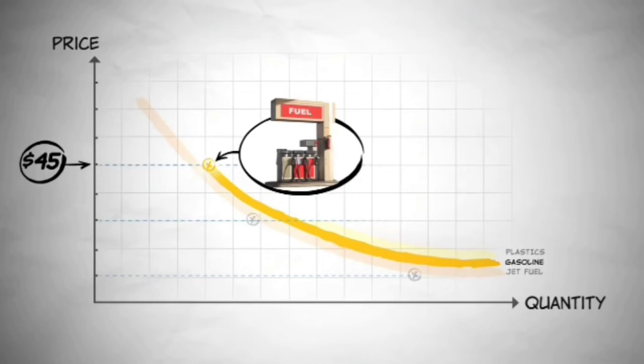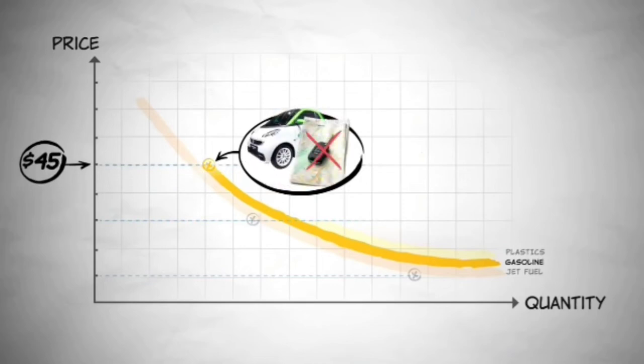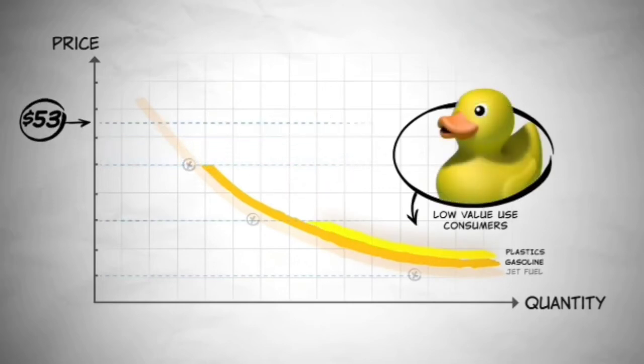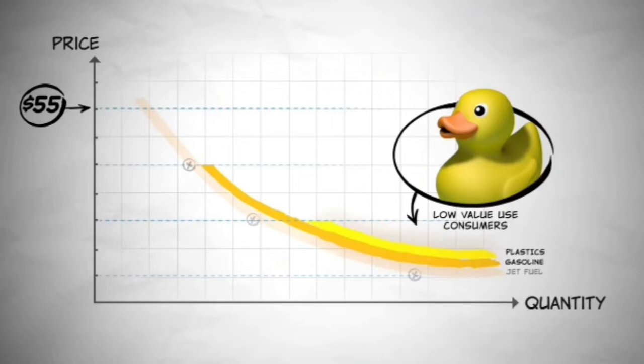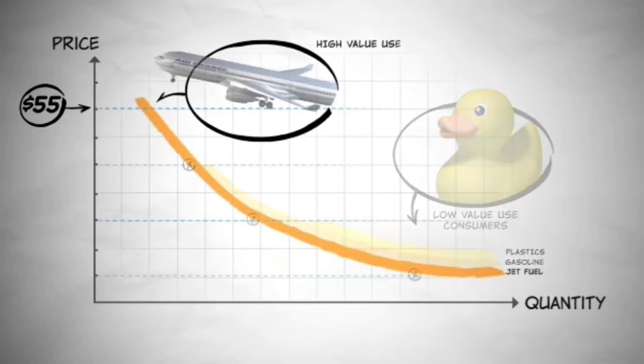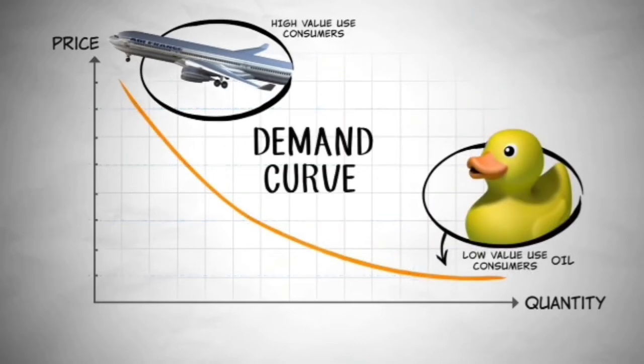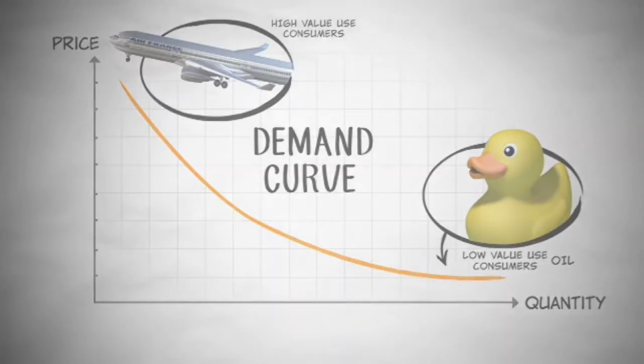As the price rises, people will economize. They will buy more fuel-efficient cars or forego that road trip completely. For these consumers, the benefit of buying these products is too little to justify the cost. At these high prices, the demanders that are left are the ones who value oil the highest. For them, the benefit of, say, having planes that fly outweighs the increased cost. They still demand oil. So, with a simple line, the demand curve summarizes all the many and diverse ways that people respond to a change in price.